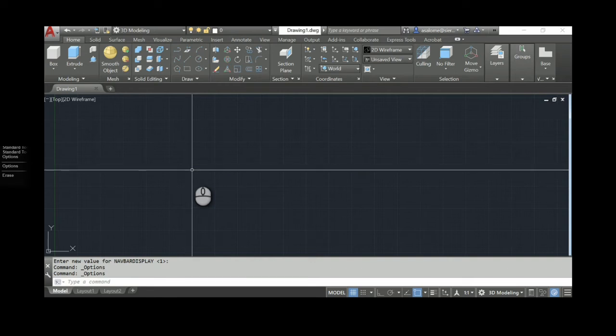AutoCAD has tons and tons of features, so many that I don't think there's an AutoCAD user on the planet that knows about all of them. And so in the lab, we try to keep it very simple. We try to keep it very basic. And in doing so, it makes it so that any version of AutoCAD you can sit down and run.